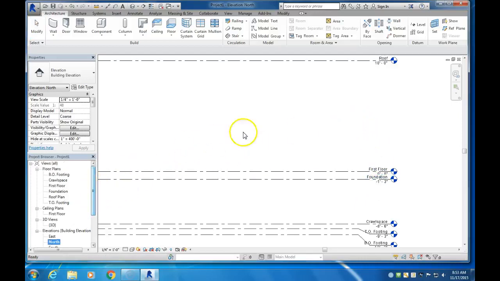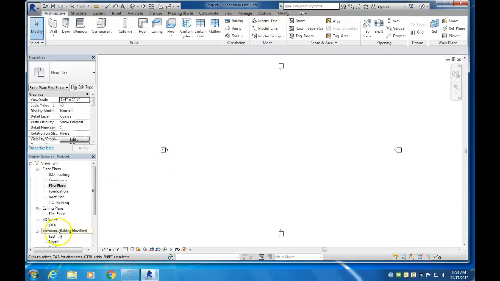So we should have everything sort of matching here as what is located in our views here. Our roof is not going to be at 18 feet. We don't need to adjust that quite yet. We'll wait until we get into the roofs video. And along with all of these elevations, these can all be adjusted later on, and they will need to be actually. So now let's go back into our first floor view,